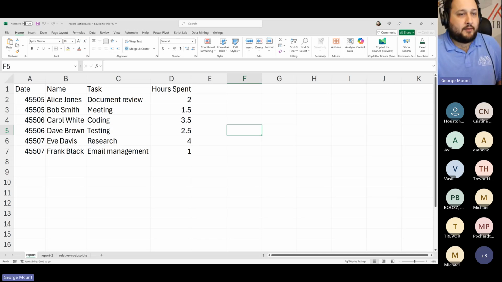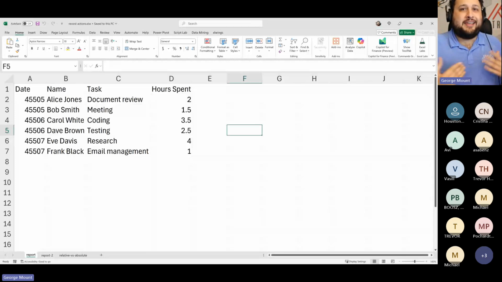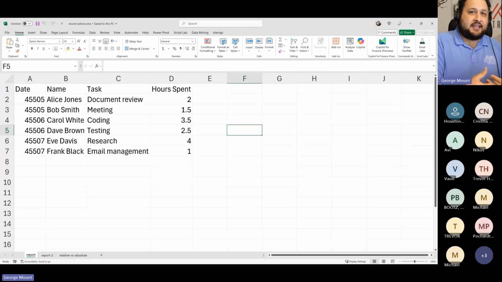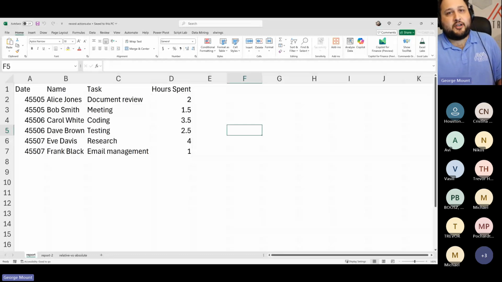VBA is one of them. Office Scripts is another. Again, think of Office Scripts as a cloud-friendly version. So if you want to connect this with Power Automate, maybe you're getting data from an RSS feed, or from a form that people are filling out, or you're getting project updates from Microsoft Project Planner, things like that. You can build workflows that go up on the cloud and get scheduled. You want it to be run every Monday at 10 a.m. Or maybe you have things in Excel that you want to send out a Teams notification at a certain time when a value changes, stuff like that. That's more so linking Office Scripts with Power Automate. They do work hand in hand.